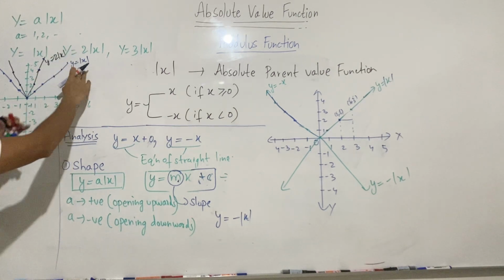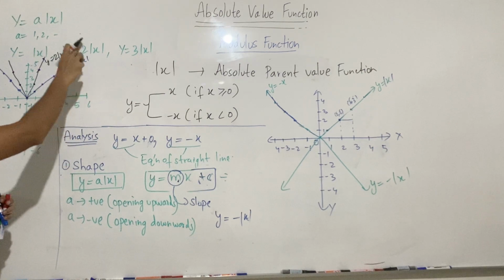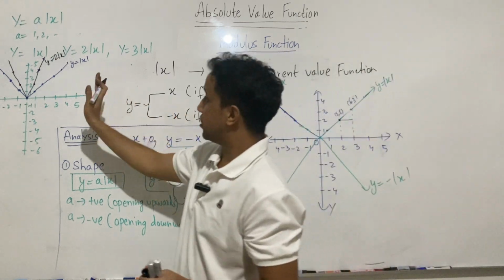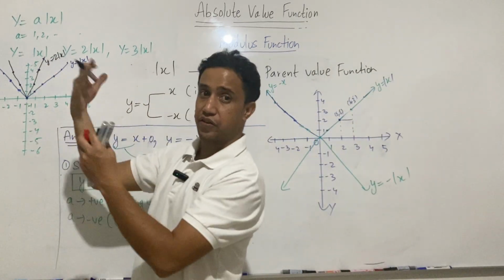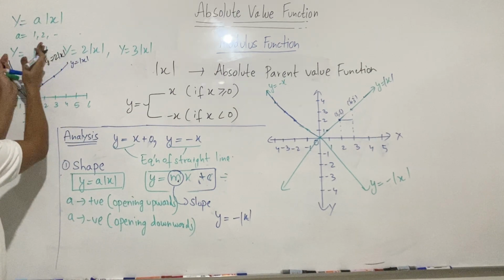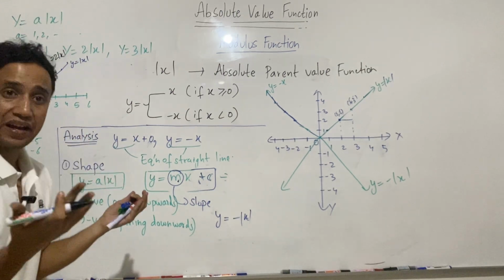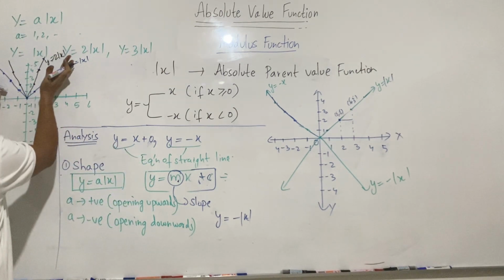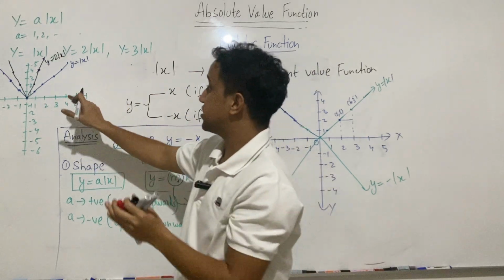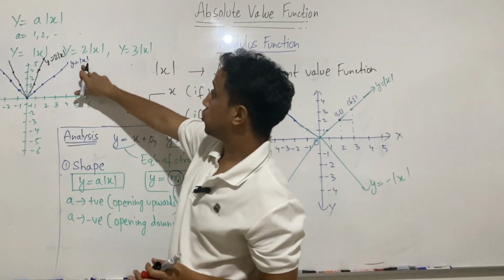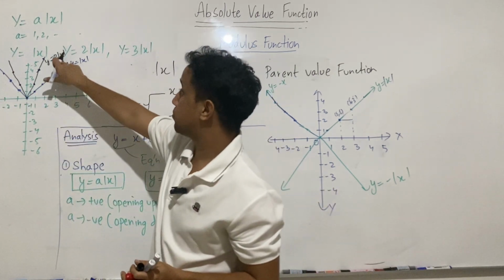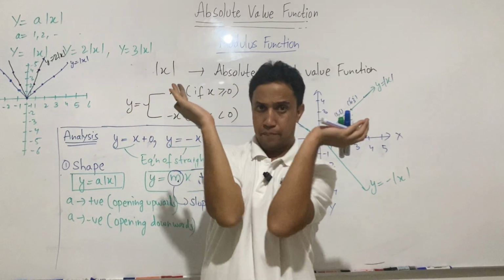Now as the value of a increases, as the value of this slope increases, you can see this graph will become more narrow, or I can say that this graph is going to get compressed, right? See here, y equal to modulus function x, it's the same V, but 2 times modulus function x becomes